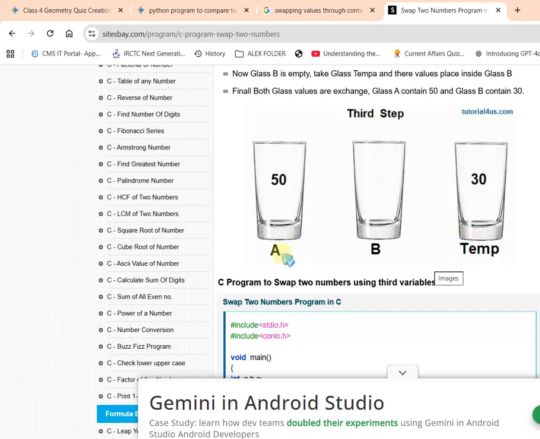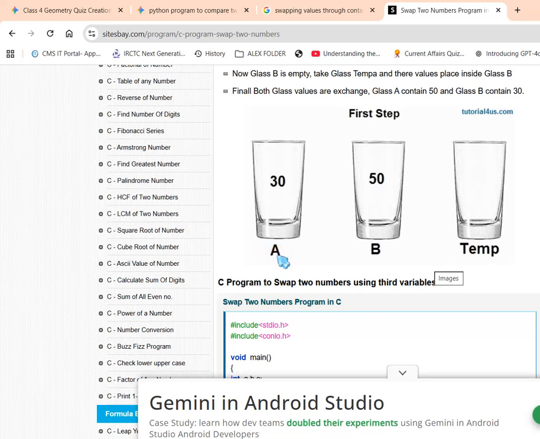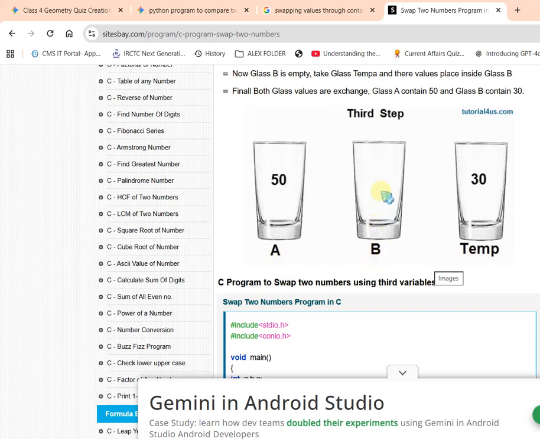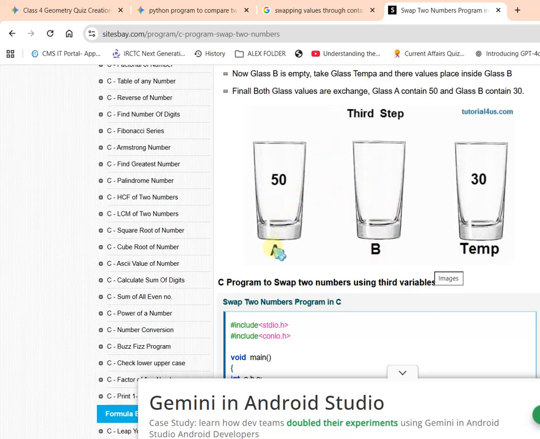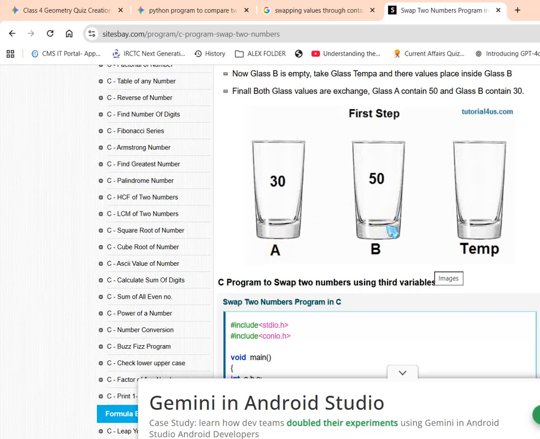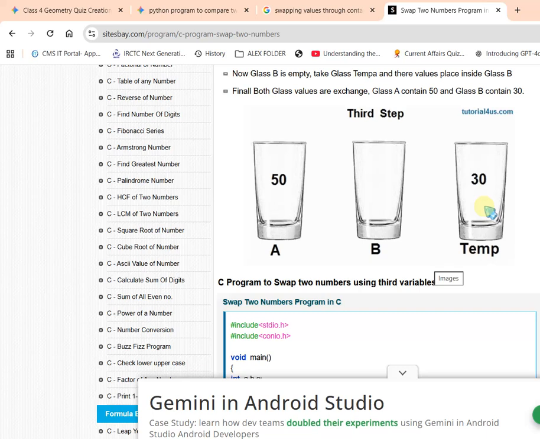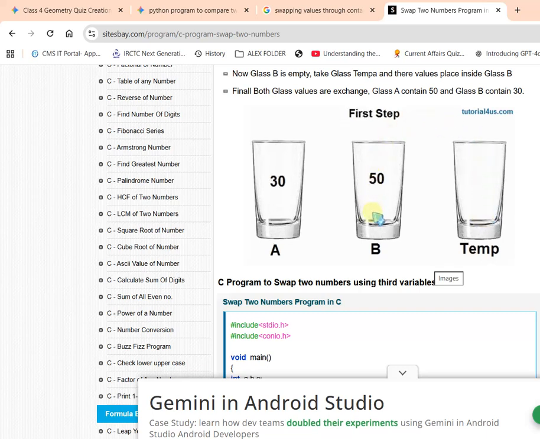First of all, for example, if glass A is there, I have to empty glass A. Whatever is in the A container, for example if it is orange juice and this one is apple juice, first of all I have to empty this container, and this container's content will go in temporary. And what happened now? A is empty. When A becomes empty, then we can put the value of B in A. When the value of B comes in A, automatically B will be empty. And finally, whatever the value was in the temporary glass, we can bring it here.